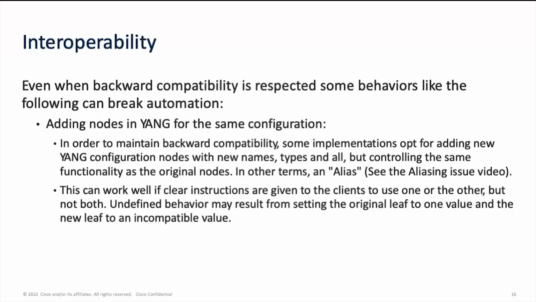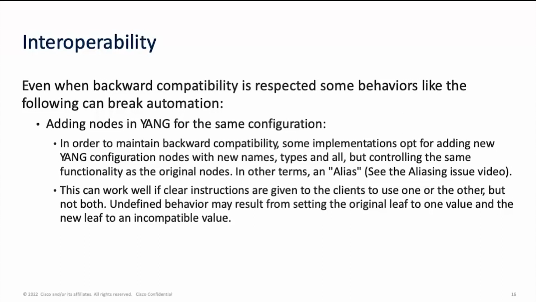So how does that affect interoperability? We talked about all these issues. We also mentioned some cases for when this breaks interoperability with managers, but this slide just lists this in clear text. Even when backward compatibility is respected, some behaviors like the following can break automation. So this is something that we didn't talk about in the previous slides. Adding nodes in Yang for the same configuration is one case that can break